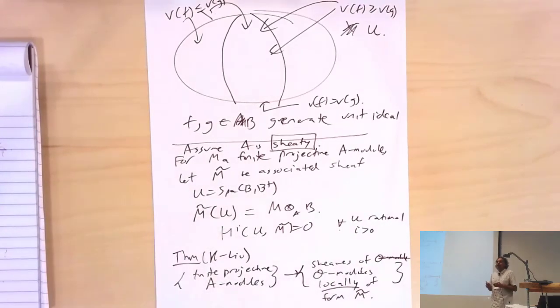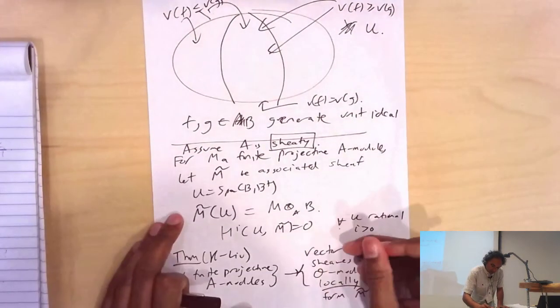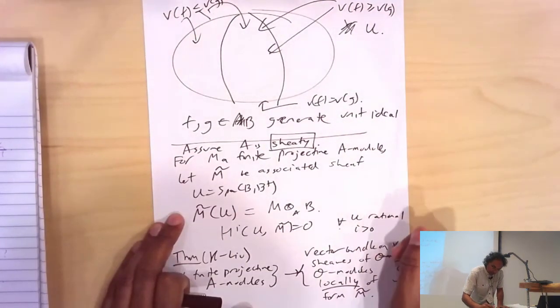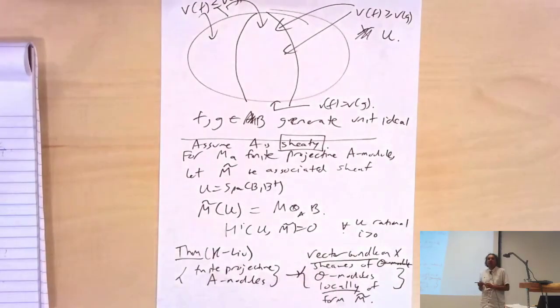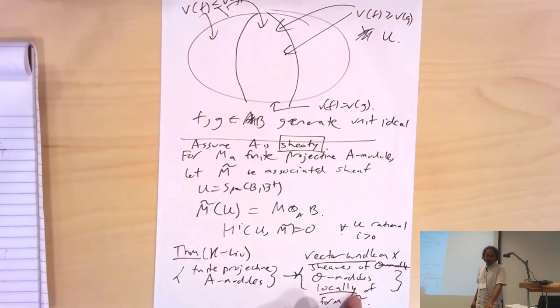But the right way to talk about, say, a vector bundle on X would be not to insist that it comes from a finite projective module on the whole space, but that it comes from one locally. So there's some cover of X by subspaces, or if you want, rational subspaces. It's actually quasi-compact for the topology, so you have only finitely many. So you have some cover of X by rational subspaces, on each of which this sheaf is the sheaf associated